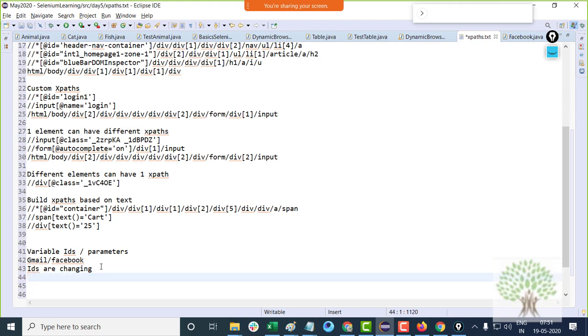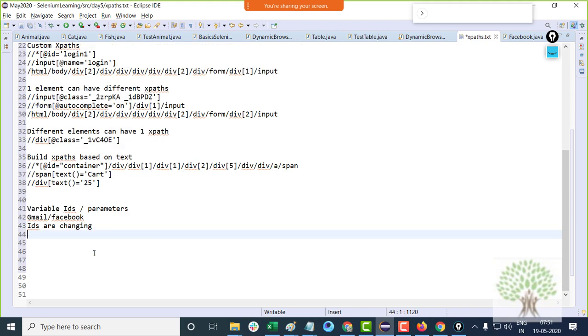How do you manage that? Okay, it depends. Sometimes the initial part of the ID remains constant, the ending part of the ID changes. This is a very rare scenario. It doesn't happen very regularly.